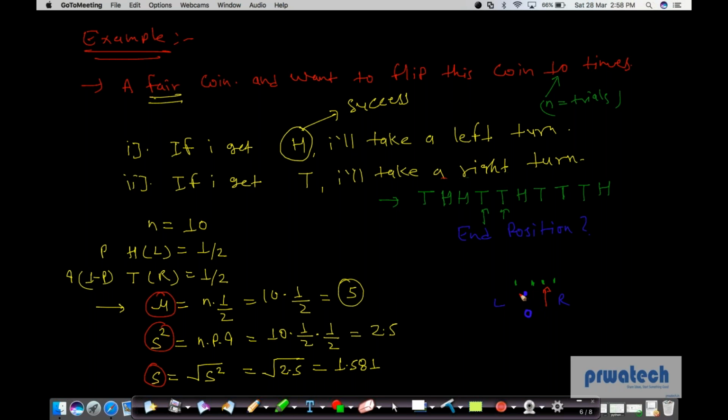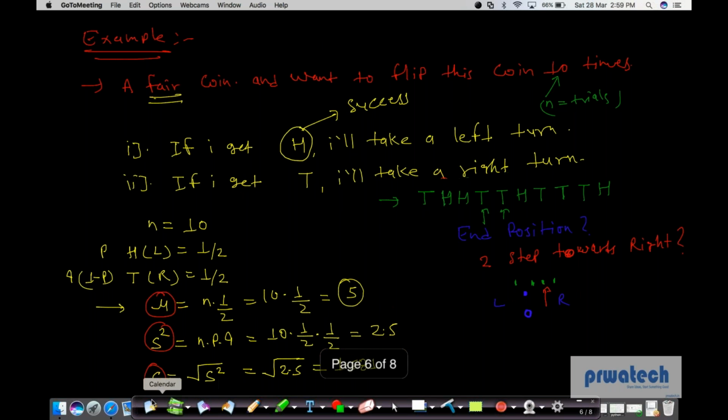People who have given two steps towards right, two steps towards right. And why I'm taking this example, guys, is to apply this concept on normal distribution. And how we are applying this,